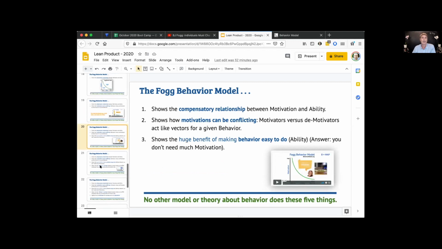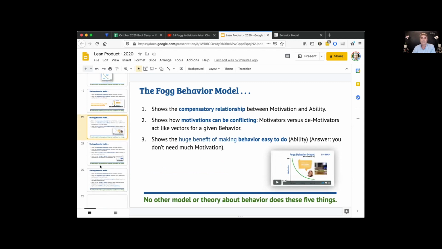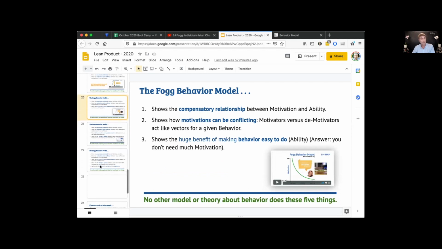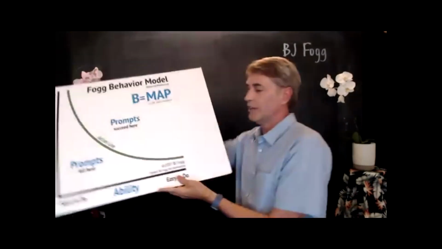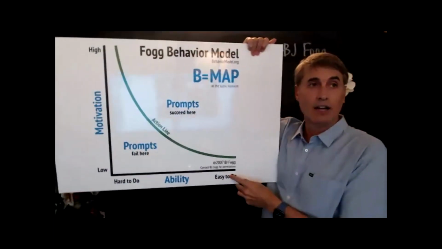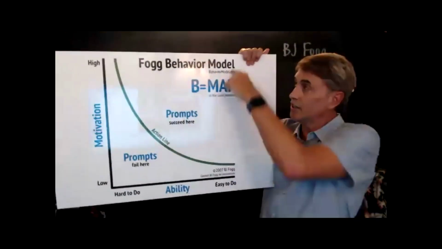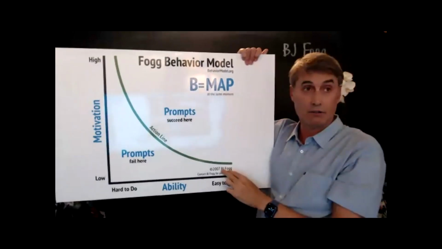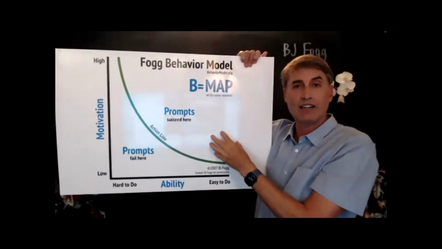Next, the importance of making something easy to do. If something is really easy to do, then you don't have to rely much on motivation. And that's what the very far right of the model is showing. You have all this area above the curve if something's really easy to do. It was that insight. This is important enough for me to stop sharing the screen. So if something is really easy to do for a given behavior, then your motivation can be high or low, it can't be 0. And it was looking right here at my own graphic one day where I was like, oh